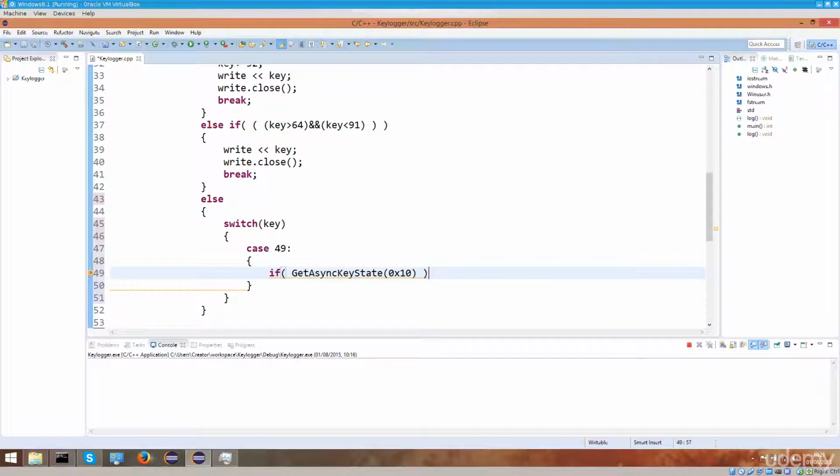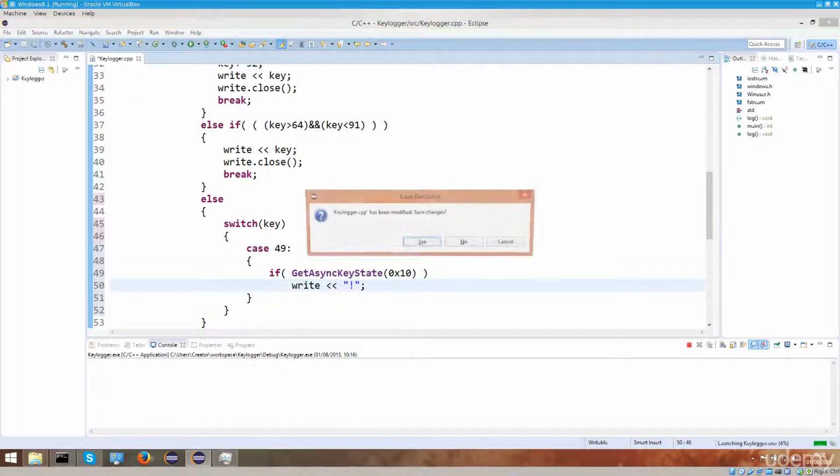So if this is true, I would like you to do this. Right, greater than sign, open quotation marks, type in an exclamation mark, do this, and then we can either close the file or not here. I'll probably make this a little bit prettier, but for the time being I just want to do a demonstration of how this works. So let's press Control